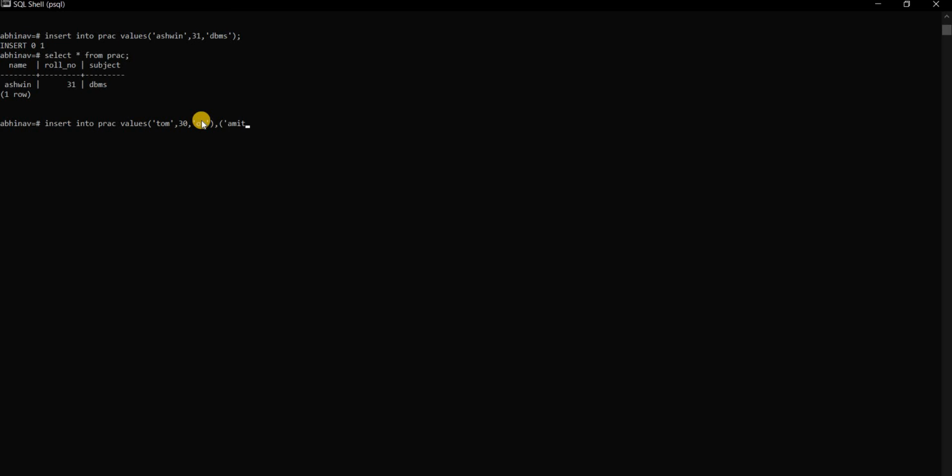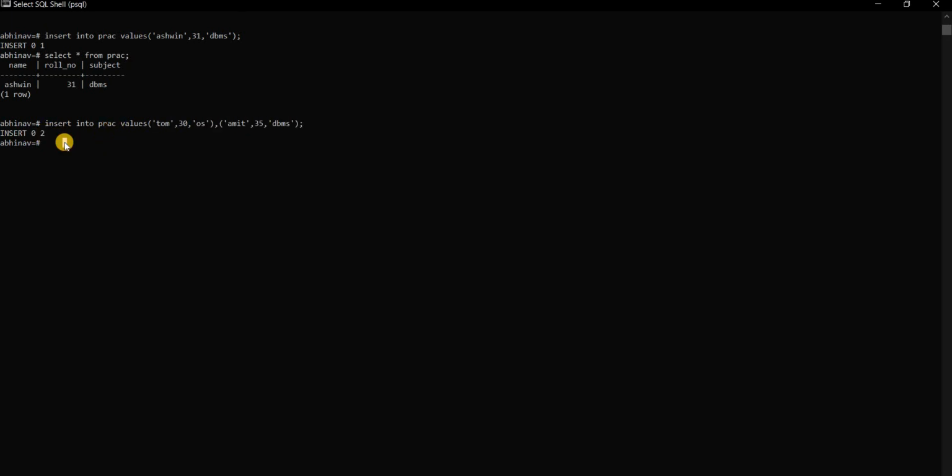Amit has roll number 35 and he is learning DBMS as well, the same subject that Ashwin learns. Now we press enter. We can see here we inserted 2 values in the table prac, so here is insert 0 2.